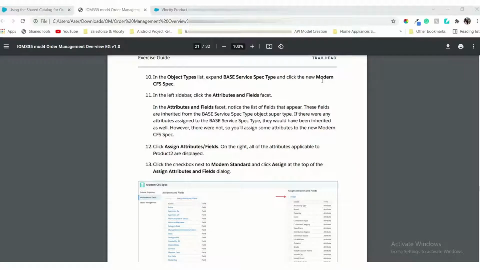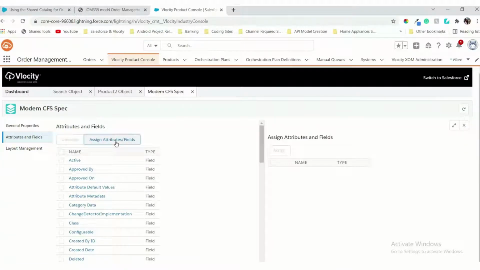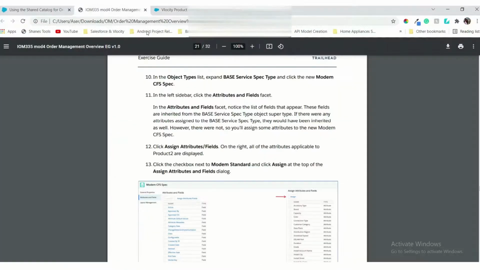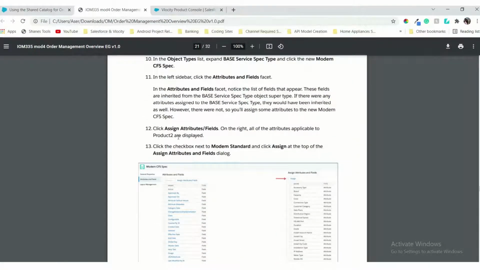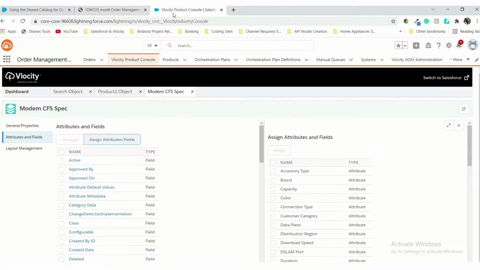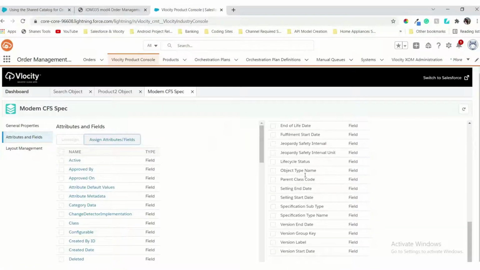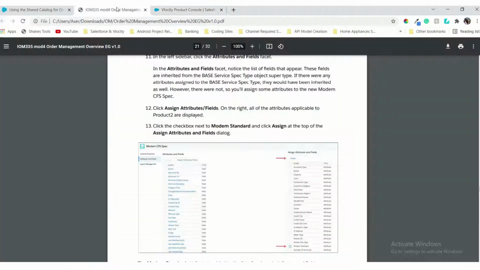Now click on the new modem specific, then you have to click the attribute and fields. As you can see, I clicked here and it's assign attribute and fields. Now we have to select which attribute to assign. We have to verify whether it is showing in the product or not. It's not there. Let's check again.